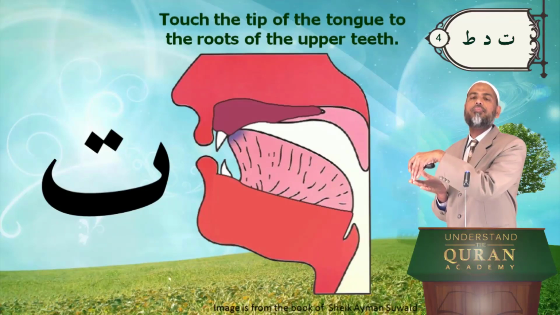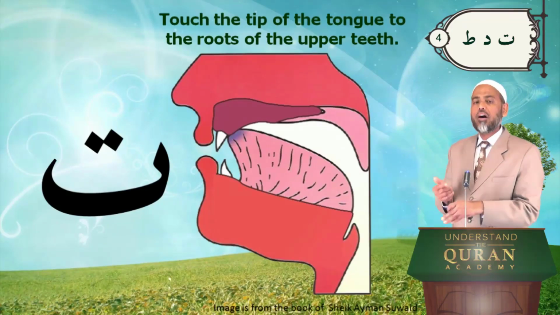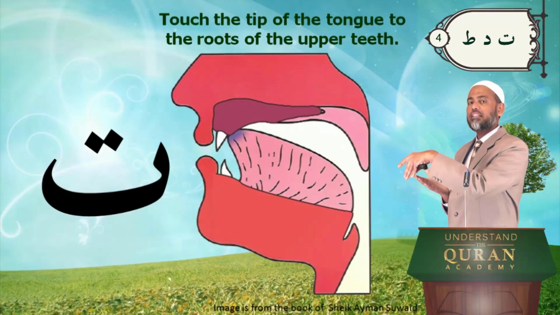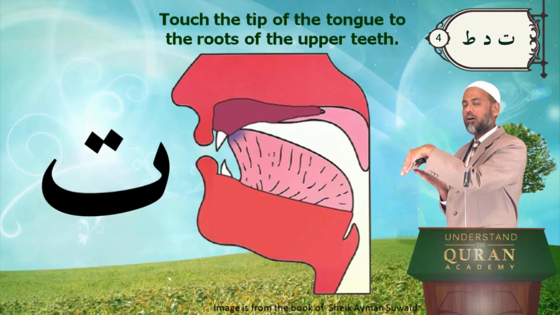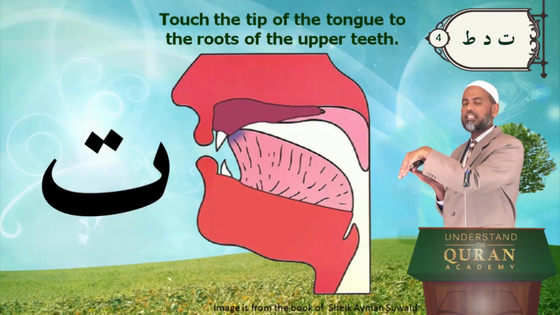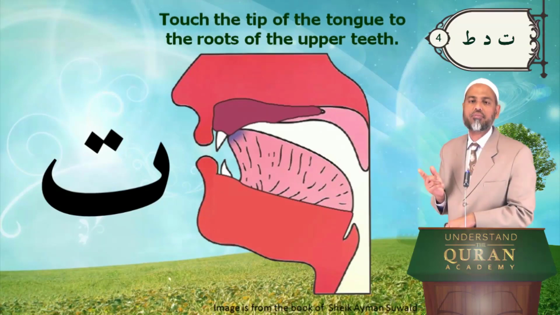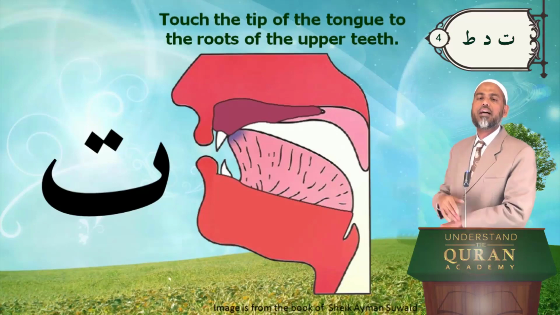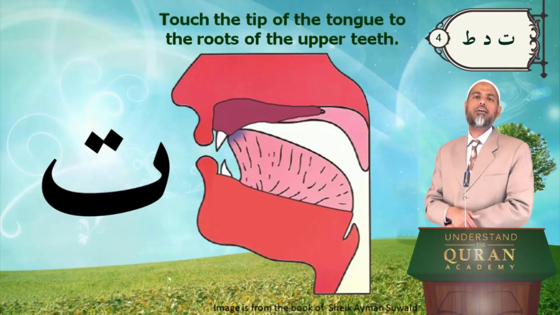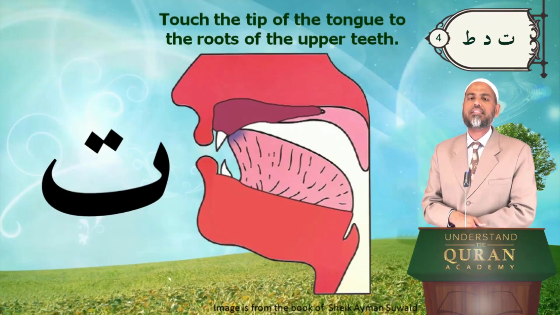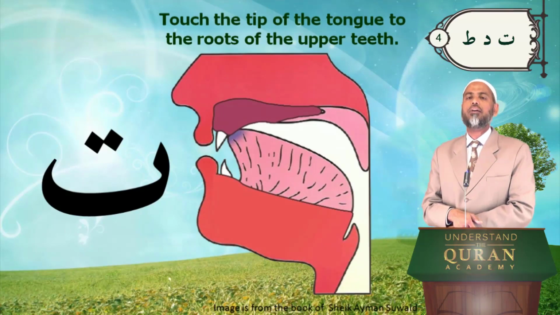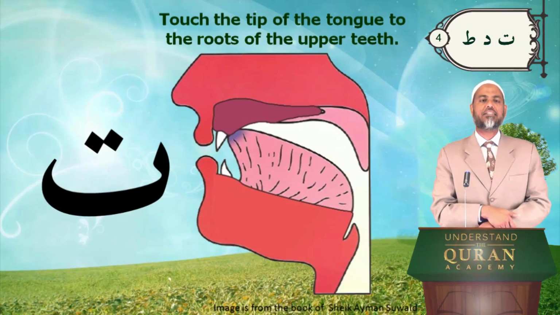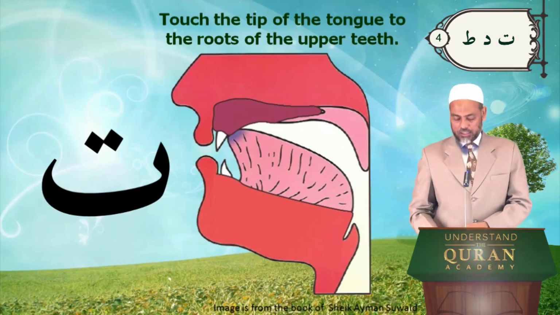Tha, the, dha. The last lesson. And here all the letters ta, da, the 3 letters will have the sound coming out in a way when you touch the tip of your tongue to the roots of the upper teeth. Inside, see, roots close to the gums. Ta, almost on the gums and the border. Ta, da, ta. So this is ta. And let's write it.